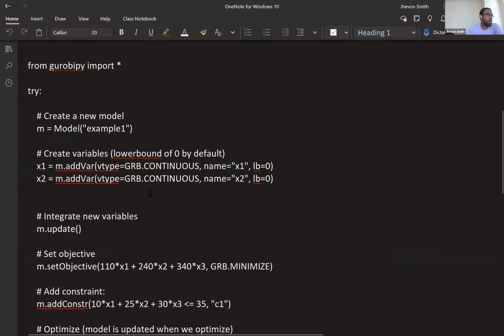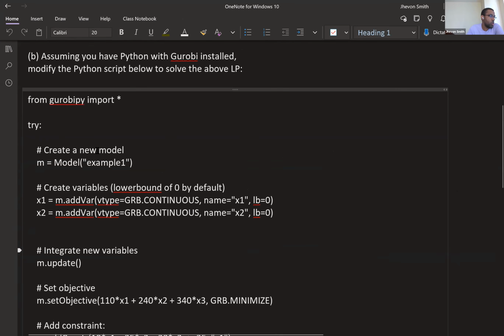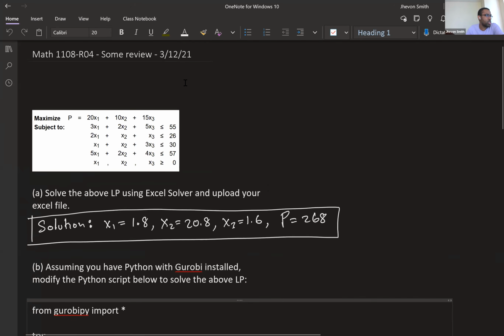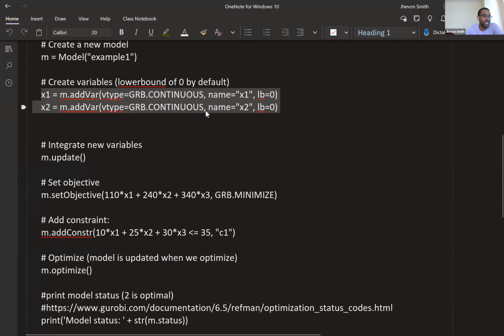Well, you should be able to go in and ask, all right, what's going on here? Okay, so we're creating a model. It has this flaw. I don't know what that is, so I'll ignore it because I'm a programmer. That's what we do. I just go to the things that I know I want to change. Create variables. I definitely want to be able to control my variables. Here it looks like this person is adding 2 variables. The problem I want to solve has 3 variables. It probably makes sense to add another line like this. So I'm going to just copy here,